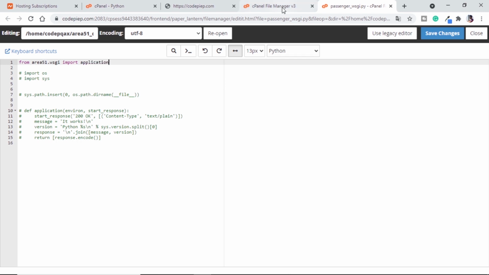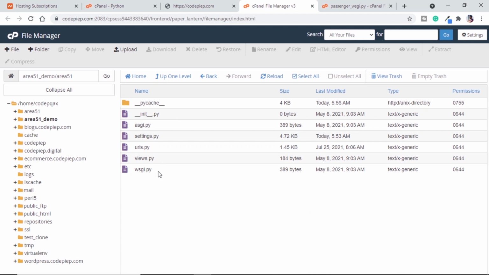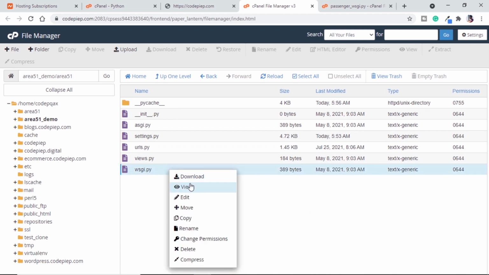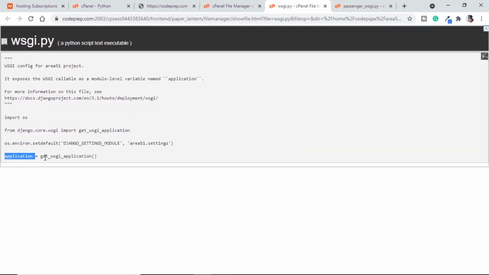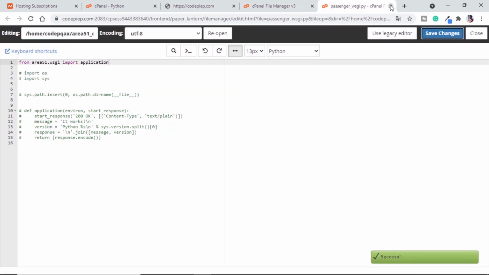What we are doing here is in our file manager, if we see we have this folder area 51 or the core folder. Inside this we have this wsgi, and if we see this, we have application is equal to get_wsgi_application. So we are trying to get this into our passenger file. So let's close this, save our passenger file, close this.